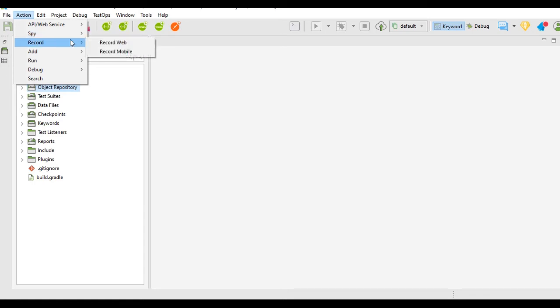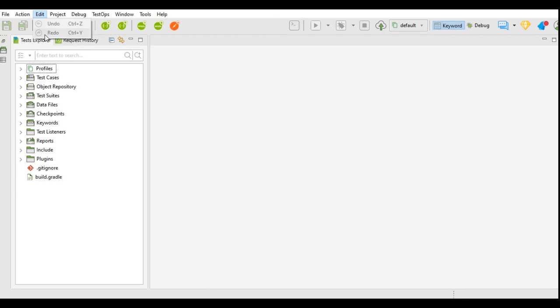In Record, you will find the Record Web and Record Mobile menus, which are used to record the web application test or the mobile application test. You can use API testing along with the web testing or mobile testing. That is the reason these menus are provided with this.